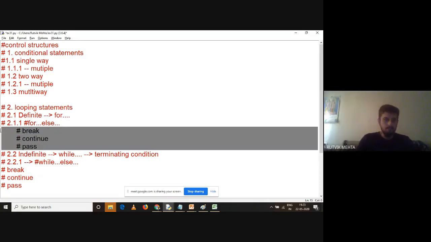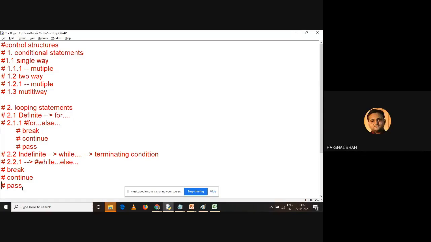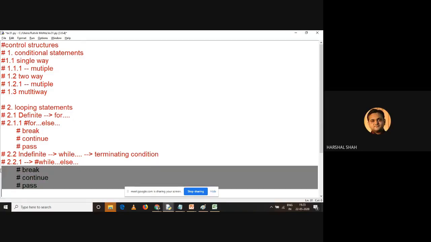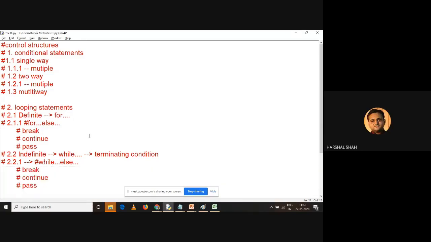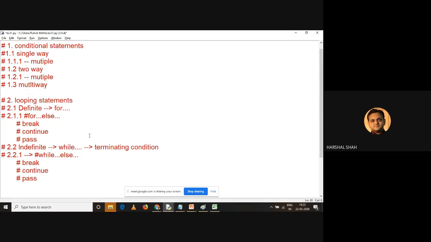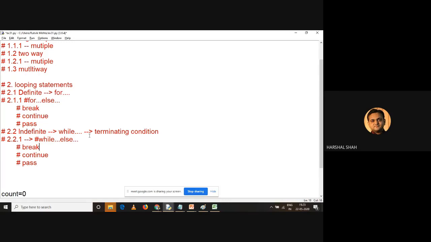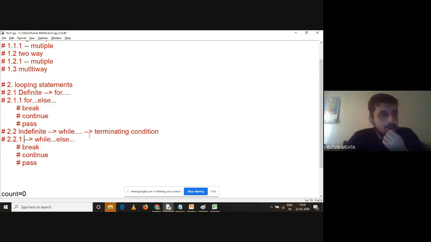They are part of for as well as while, right? Basically, they are loop control. For and while are looping statements, and these three are loop controlling statements. I hope now all participants have clarity in understanding.